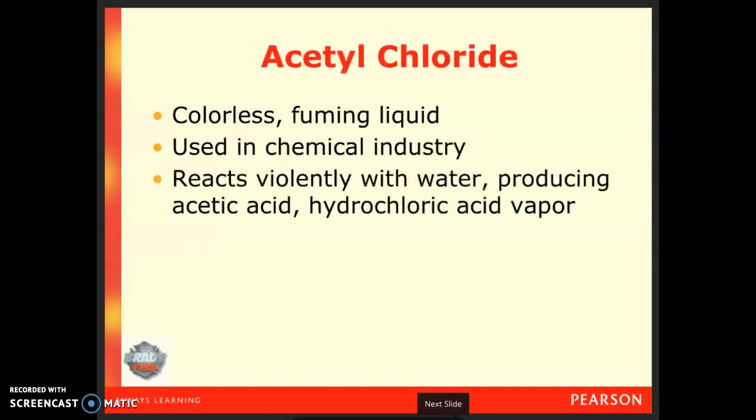Acetyl chloride, also a colorless fuming liquid. Acetyl chloride is used in a lot of different industries as an organic substance. And when it reacts with water, we get a really violent reaction. We get acetic acid formed. We also get hydrochloric acid vapor, and so this stuff is really dangerous if it comes into contact with water,